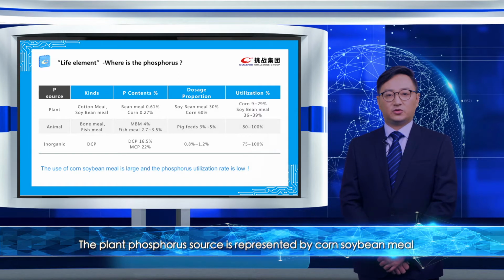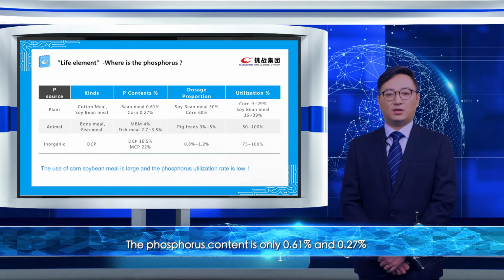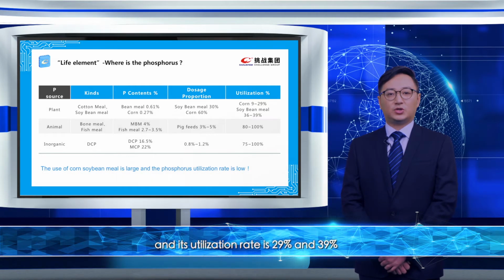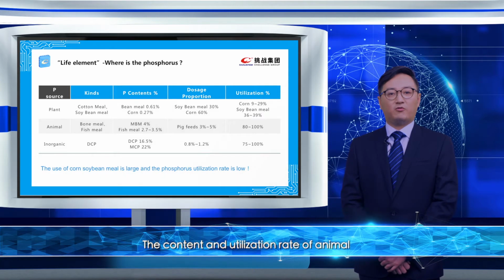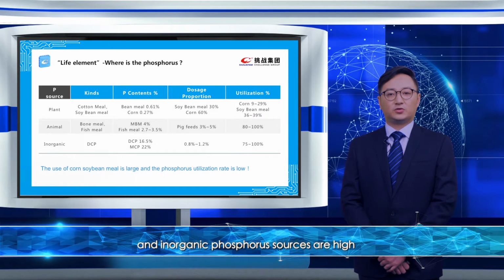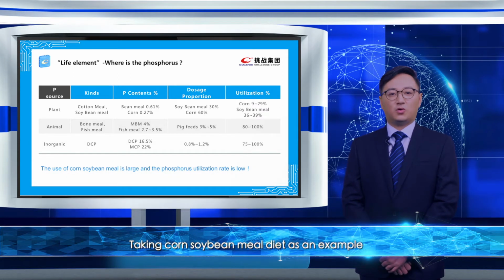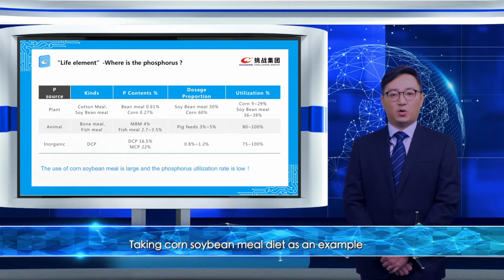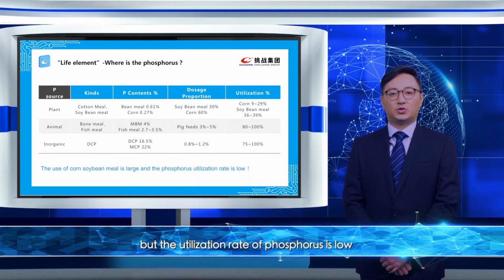The plant phosphorus source is represented by corn and soybean meal. The phosphorus content is only 0.61% and 0.27%, and its utilization rate is 29% and 39%. The content and the utilization rate of animal and inorganic phosphorus sources are high, both above 90%. Taking corn soybean meal diet as an example, the use of corn soybean meal is large, but the utilization rate of